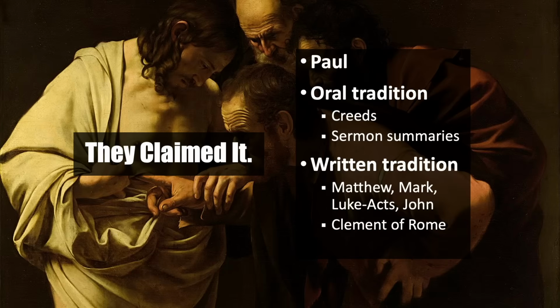2 more written sources come from the apostolic fathers and associates of some of the apostles, Clement of Rome and Polycarp of Smyrna, both of whom we have also met in a previous episode in this series. So these 9 sources point to multiple early independent testimonies to the disciples' claims of having seen the risen Jesus. So we know that the disciples claimed that the risen Jesus had appeared to them.